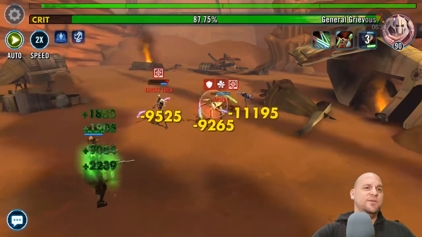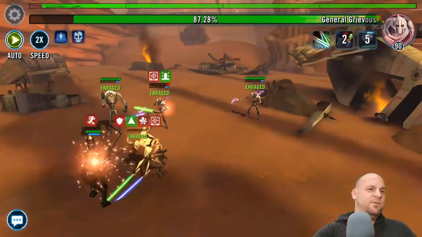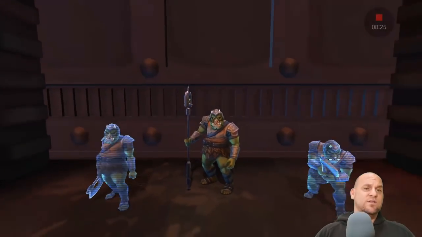And what I've decided to do is, when I started the Rancor, I decided to throw in Jedi Rey. Now, Jedi Rey is a very solid droid leader, and it's simply because of her affinity with R2 and with